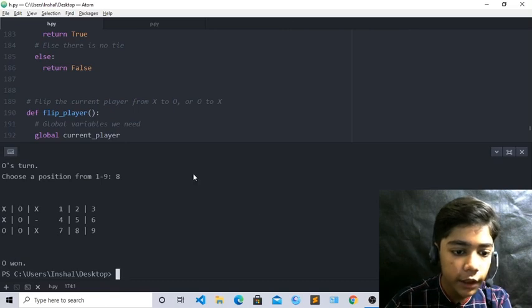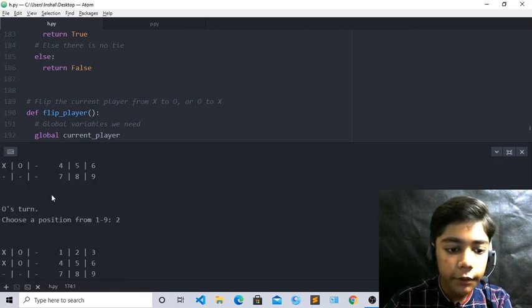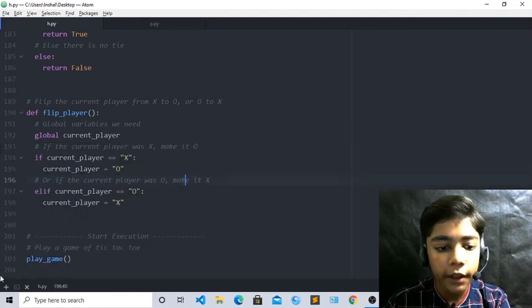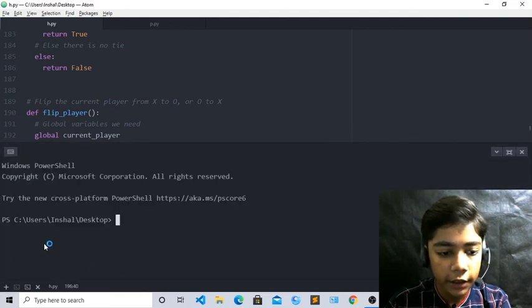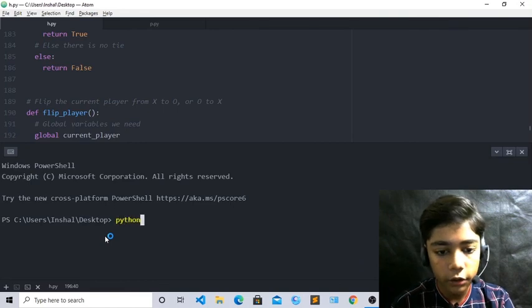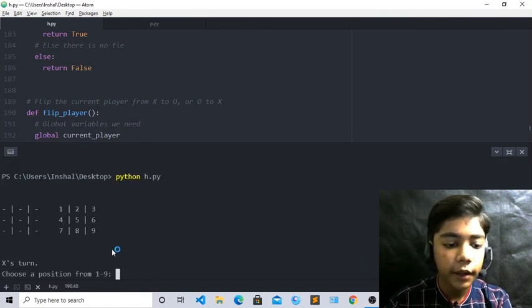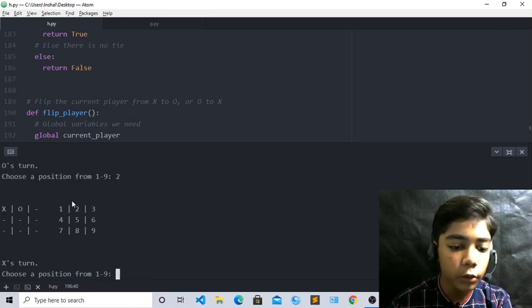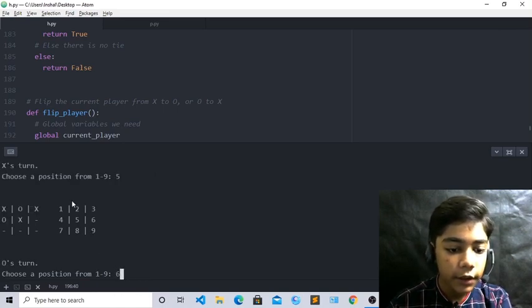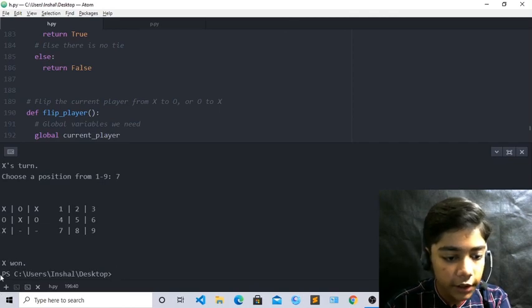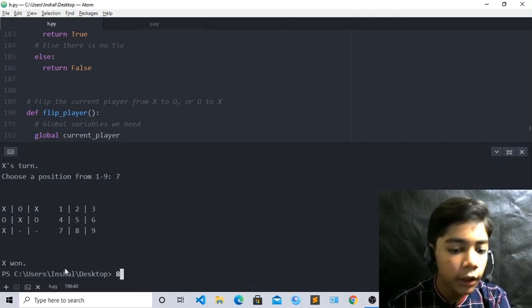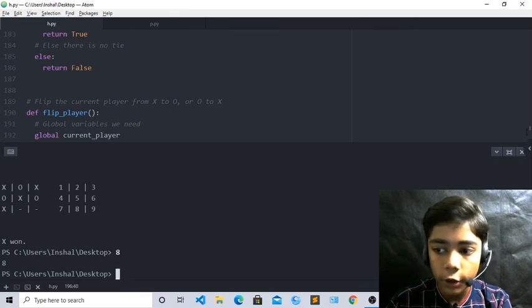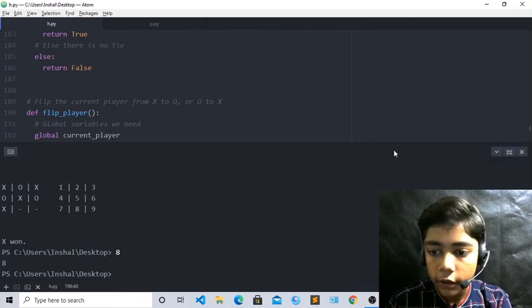You can see we have made this game, and I hope you understand how to make it, and I hope you also enjoyed this class and this project on how to make a tic-tac-toe game. Like that, 2 3 4 5 6 and 7. You can see X wins here. Now if you write 8 here, it will not work because it is out of your project. Now close it.